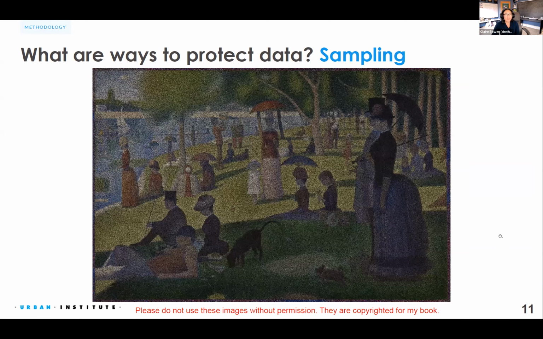Another one is sampling. This was first inspired by the census to save money, because it's really hard, and expensive, to get a full count across the nation; we just did the 2020 census. Sometime in the early 1900s, I believe, maybe 1940, though I'm not entirely sure of the timeline, they came up with the idea of sampling to save money. But it has actually become a statistical disclosure control technique where you subsample the data to give some plausible deniability that somebody is actually part of this data set.